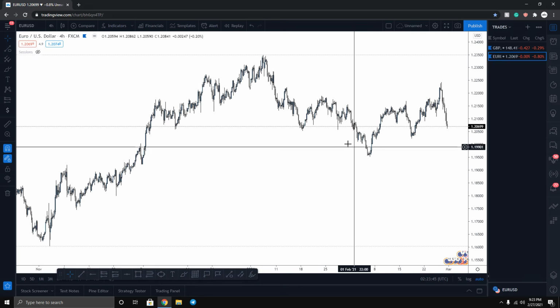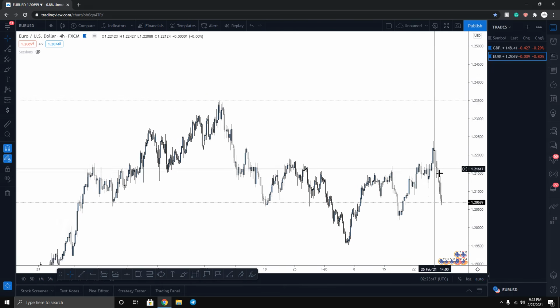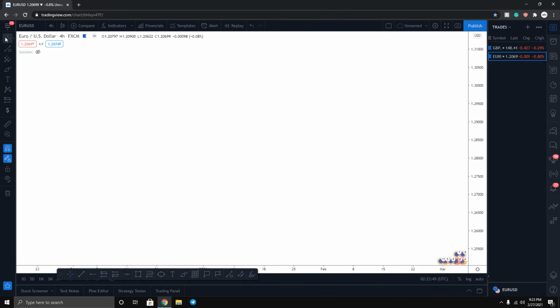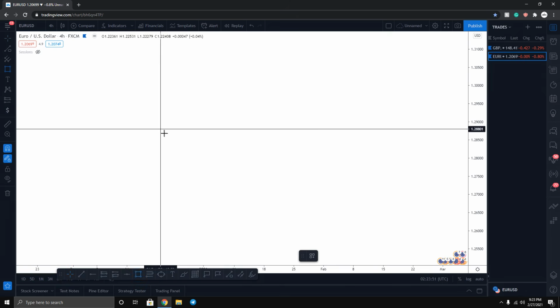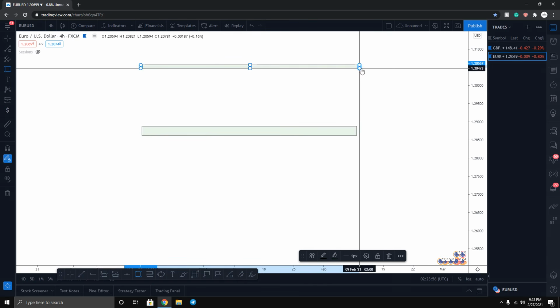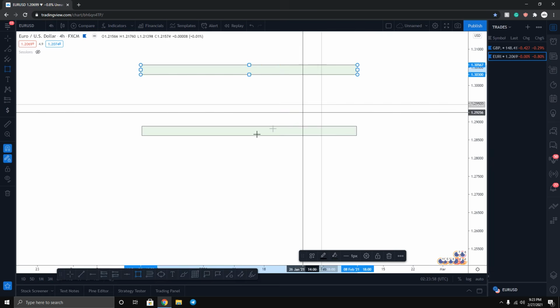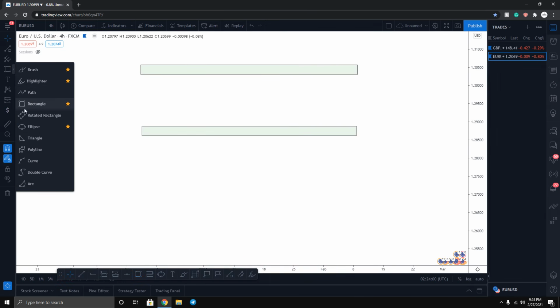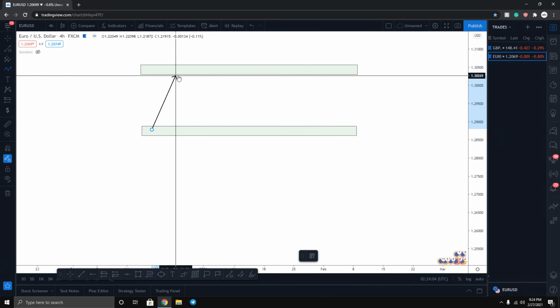So for the people that are a little bit new to understanding liquidity, I can give you an example. I'm going to be doing a support and resistance example right here. In the market, there's such a thing called support and resistance. Whenever there's situations like this, what retail traders are taught is to buy at support and sell at resistance.